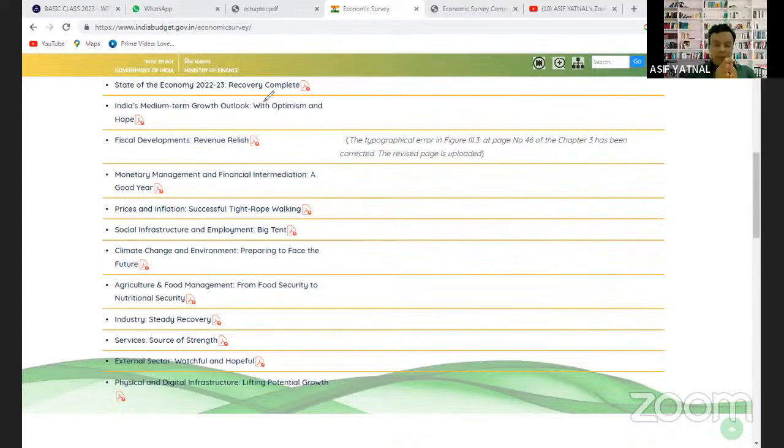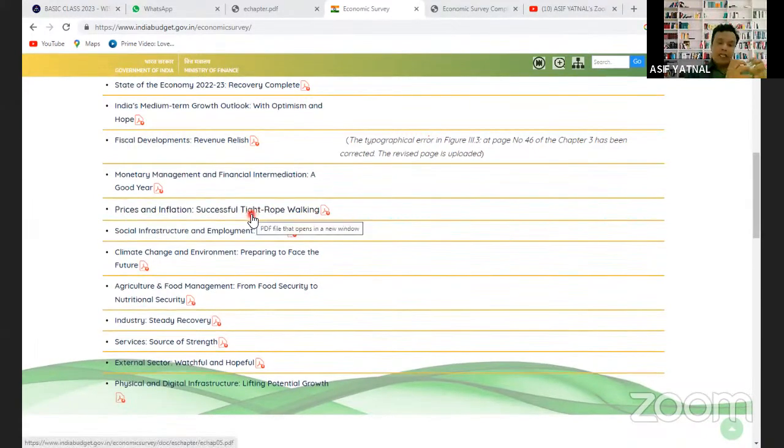Like RBI and government both need to balance growth and inflation. मतलब RBI को last year का problem वही था कि whether the RBI should decrease the inflation or it should allow the growth. Because अगर growth को increase करना है, because हमने देखा था कि इंडिया का economic growth decrease हो गया था. So to increase the economic growth, we need to have enough money supply in the economy. But if the money supply in the economy was more, then it could also lead to inflation. So how RBI and the government tried to successfully contain the inflation within this tightrope walking.